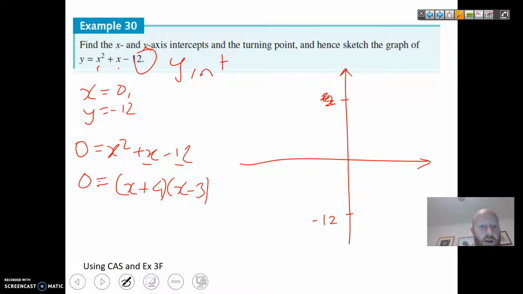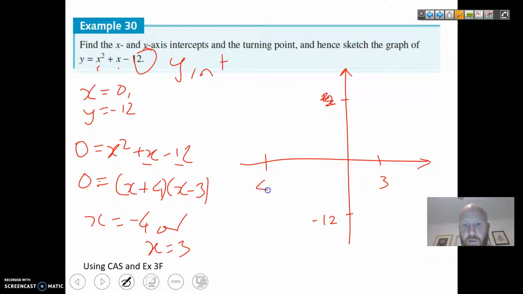That's great. So that means that x equals minus 4 or x equals 3 when y equals 0. So we have positive 3 and minus 4. Make sure you draw it a little further away. That's probably over the top, but then when we come to draw our symmetry,